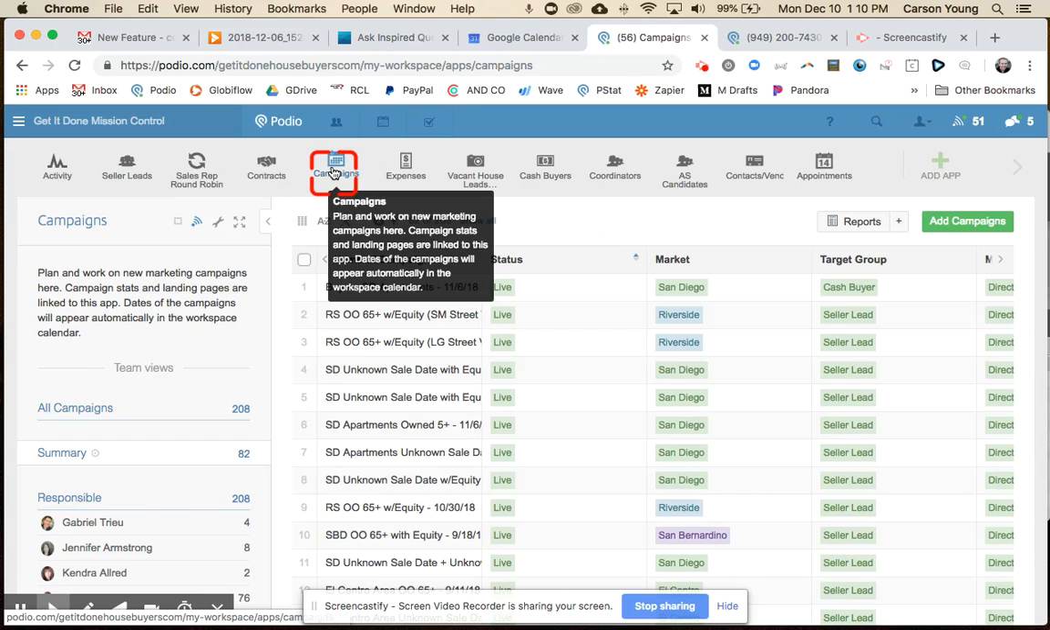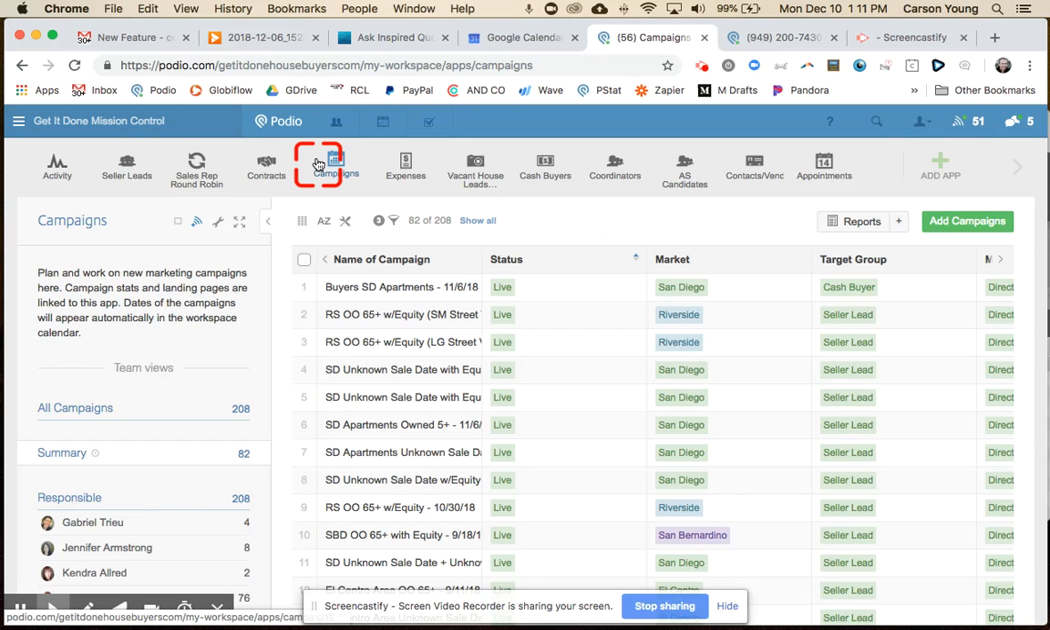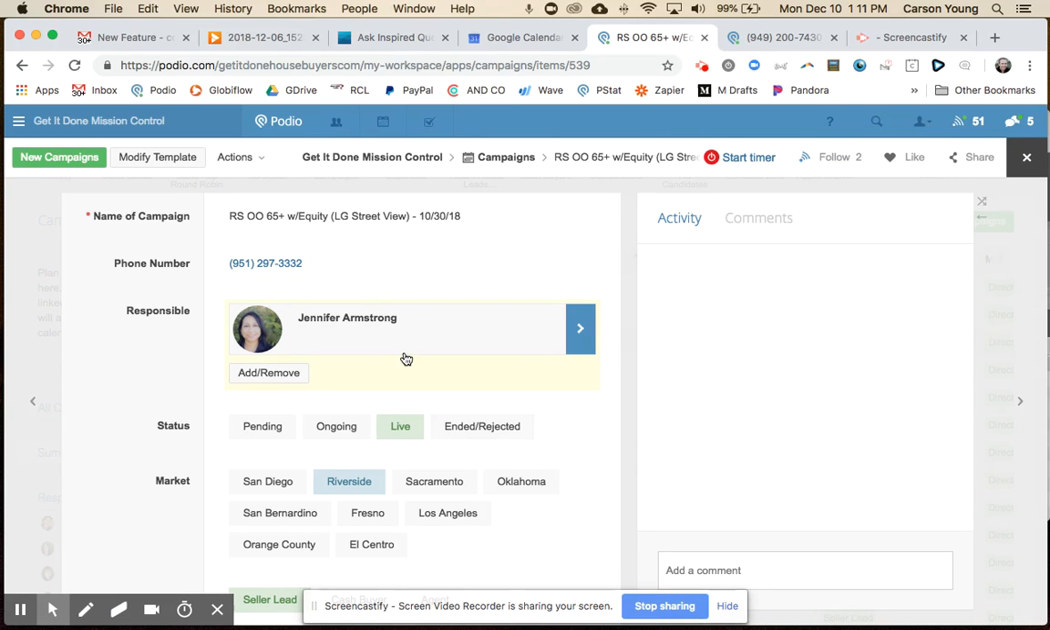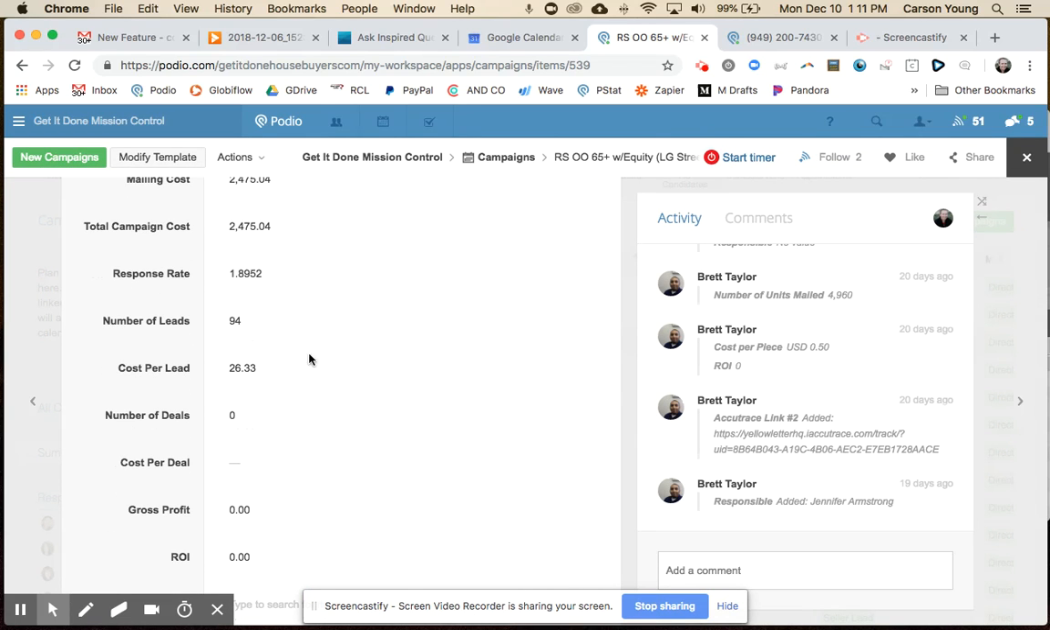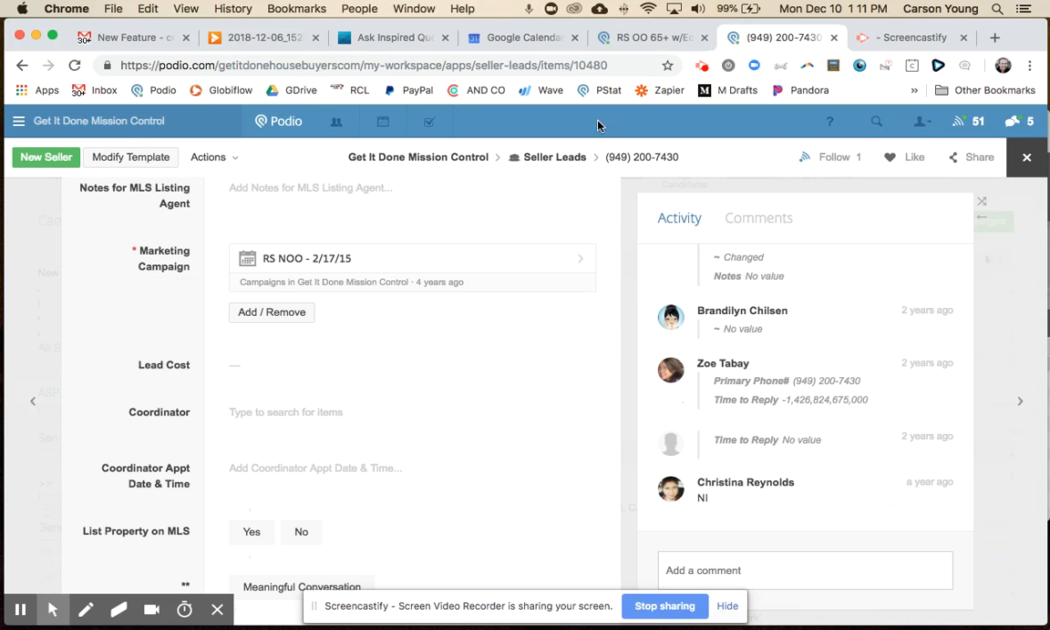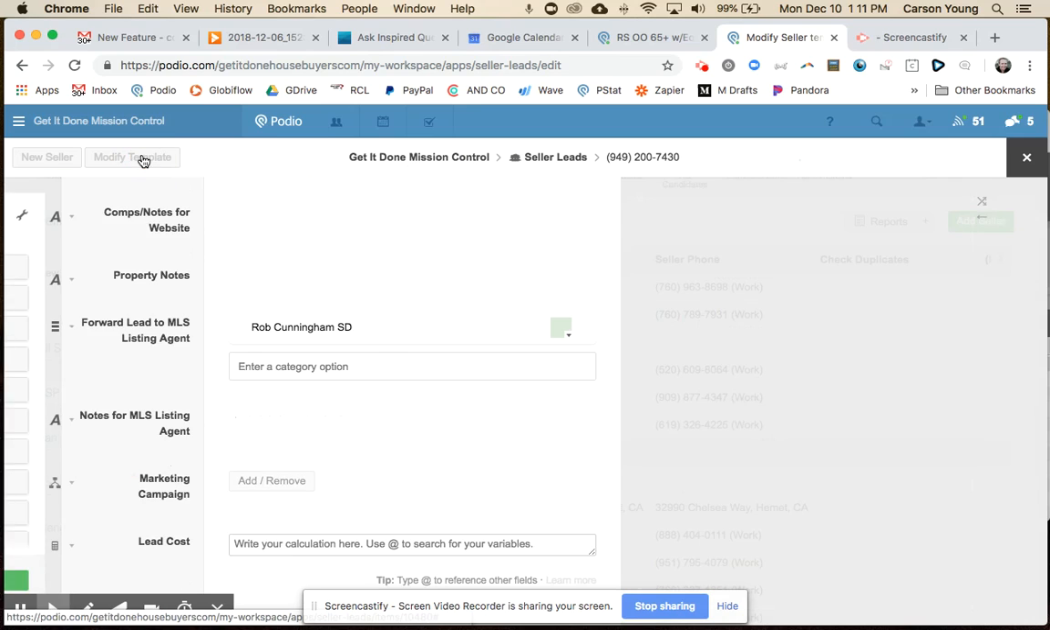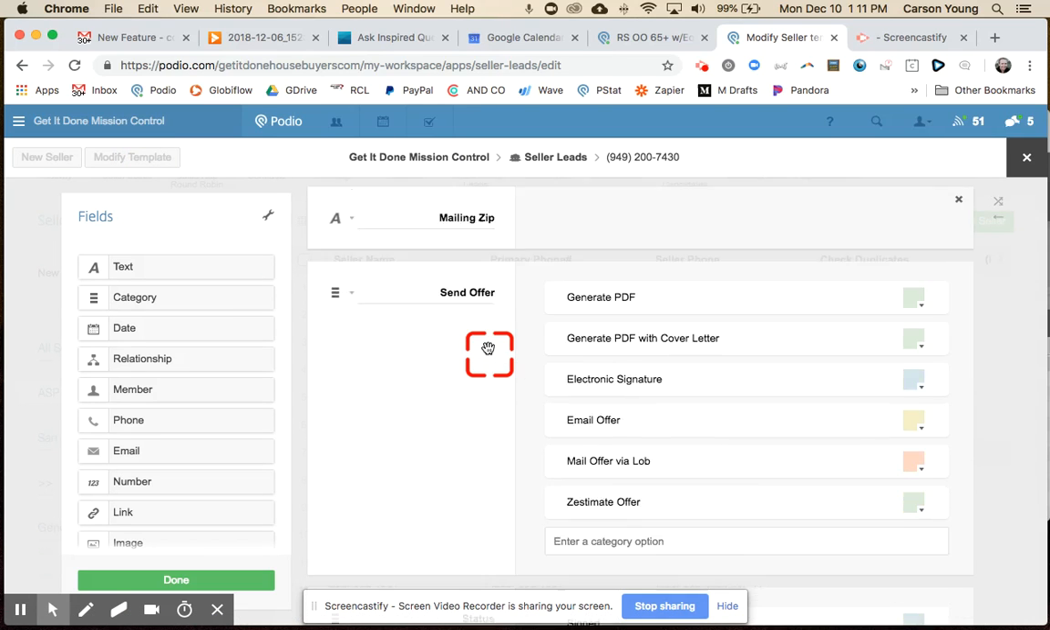So first thing, I come in to get it done. I check the campaigns and I just make sure that whatever field we want to pull, I know the exact title. In this case, we're looking at cost per lead. You told me that. Okay. Then I'm going to go into the seller leads and I'm just going to modify the template for this. And what we do,